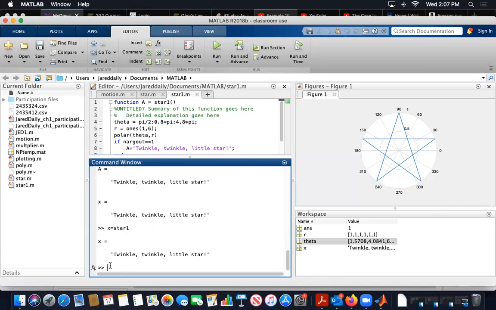So anyway, that's just kind of a goofy little thing to show about it, but we'll have much better ways of printing things to the screen before too long here. It's kind of an awkward way to do it. All right, so that takes us kind of to the end of the introduction